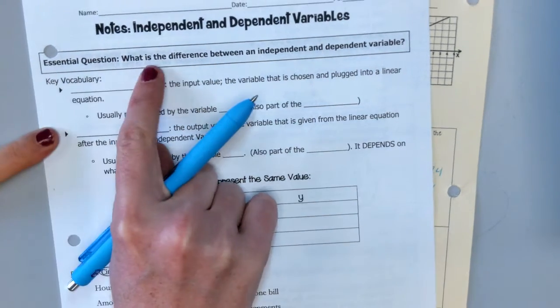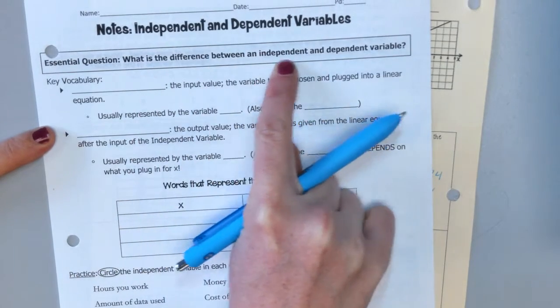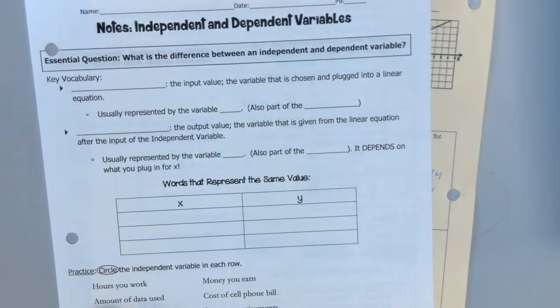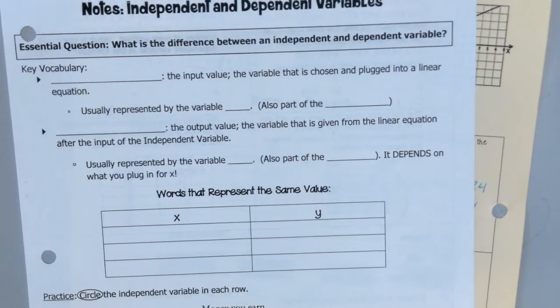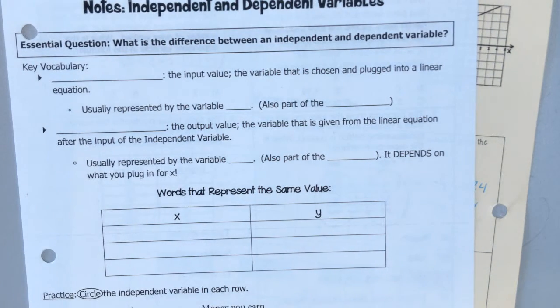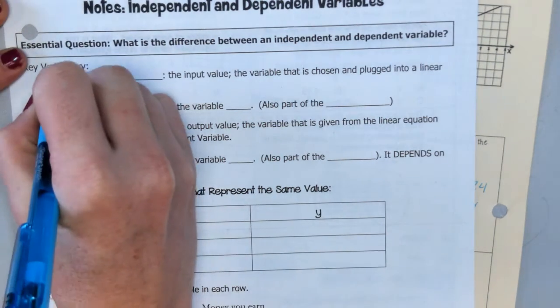Alright, our essential question says, what is the difference between an independent and a dependent variable? We have to differentiate them. It's the same thing you guys do in science. Key vocabulary. The independent